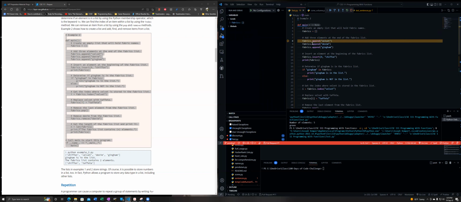This line will make it so velvet will appear right here once we skip past it. There we go. And this line will do the same. Denim will show up there and gingham will show up when we activate it. Okay. Yes, that is what's